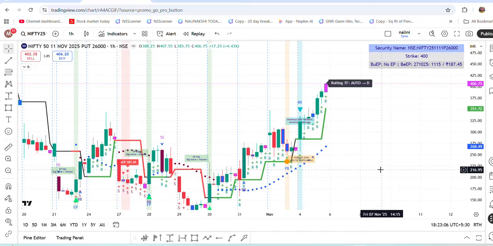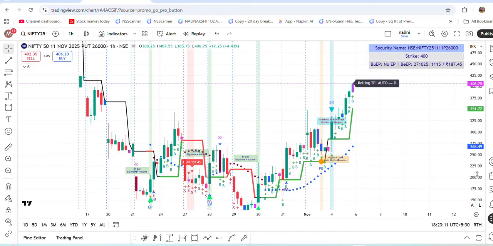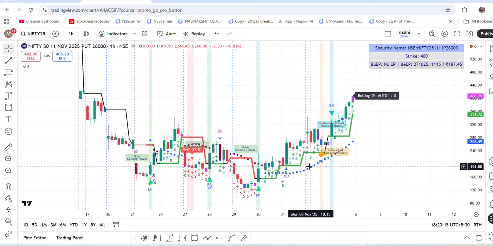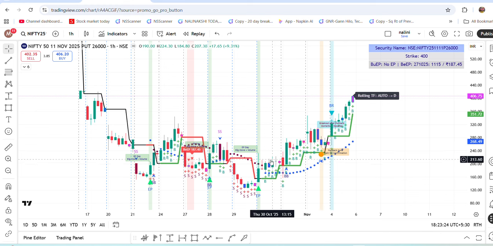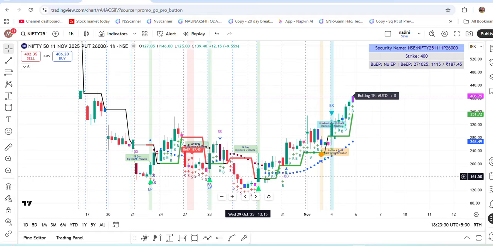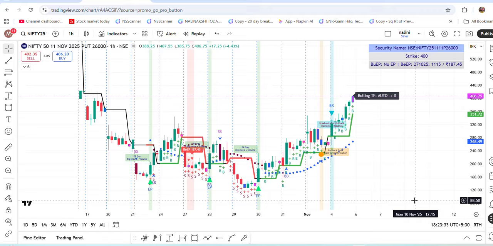Yes, traders, you could have taken this put option with confirmed bias, with conviction, with my rolling pivot, reversal magic and Gann HiLo, the trend is confirmed. You could have taken this. You could have a positional trade of 1, 2, 3, 4, 5 days, it would have fetched a lot of money. Or it is a boon for a call writer who would have written this. It might have become peanuts.